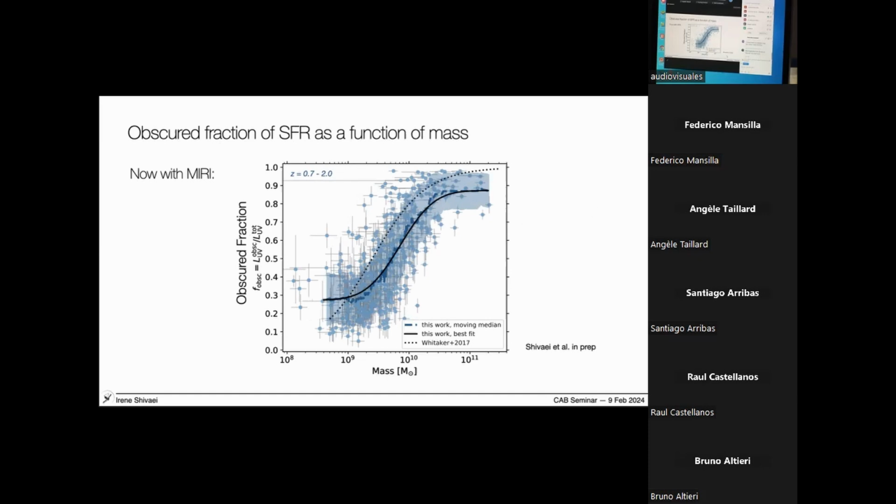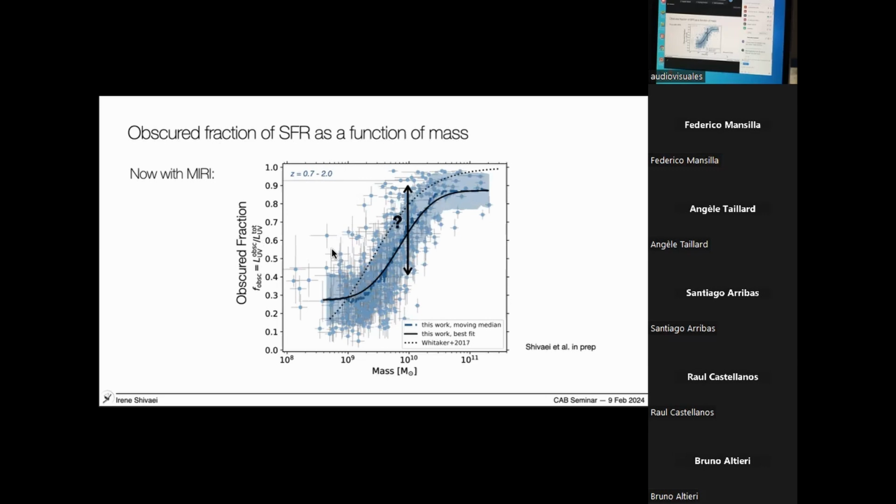Now, two takeaway points that are very interesting in this plot: above stellar masses of about 10^9.5, on average, more than half of the emission of a galaxy is dust obscured. But at all masses, at least the ones covered in this study, because there's a large scatter, you see heavily obscured galaxies even down to very low stellar masses. That makes it very interesting to understand the processes that are causing such large scatter in the fraction of obscured emission at a given stellar mass.